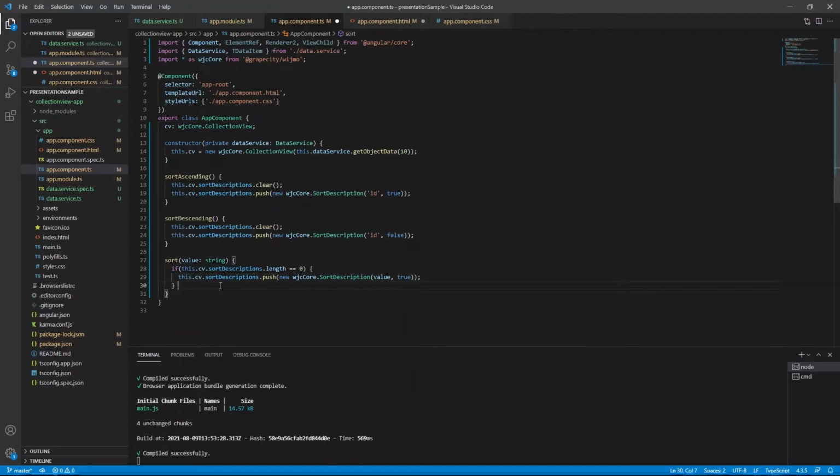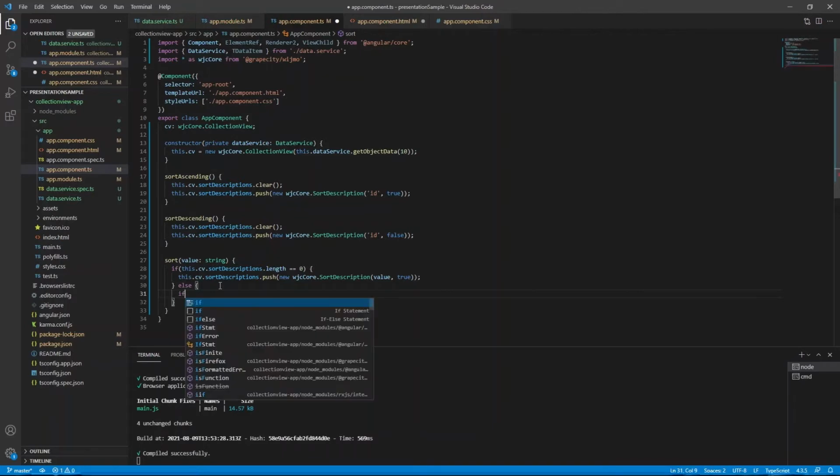Now we will need to create an else statement, because there will be times where we do currently have a sort description on our sort descriptions array. So the first thing that we're going to do is check and see if the sort description that we have applied is currently applied on the column that we just clicked. So that's going to be if